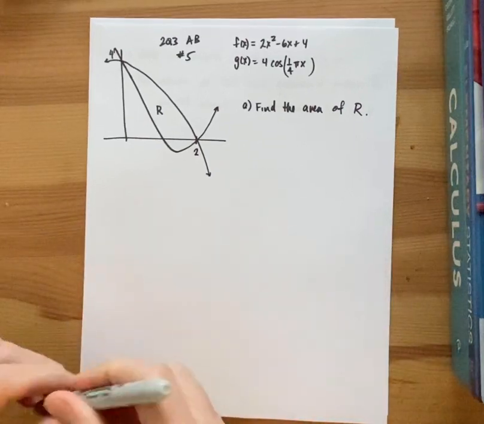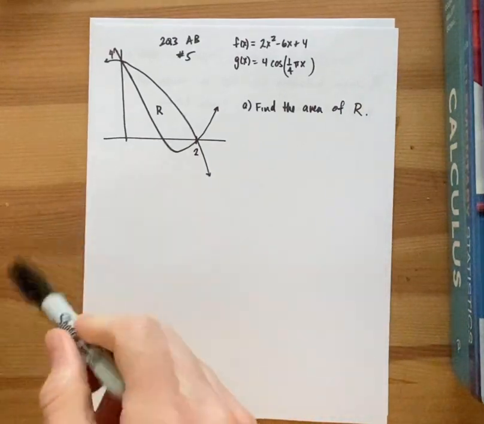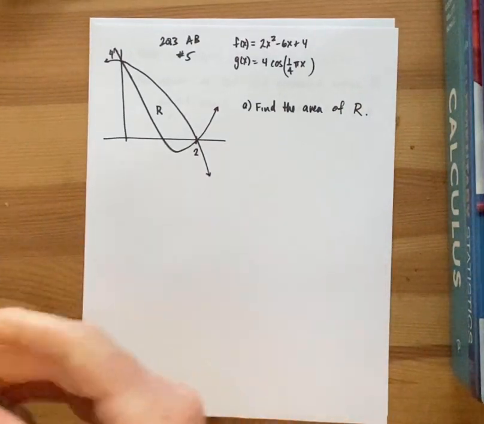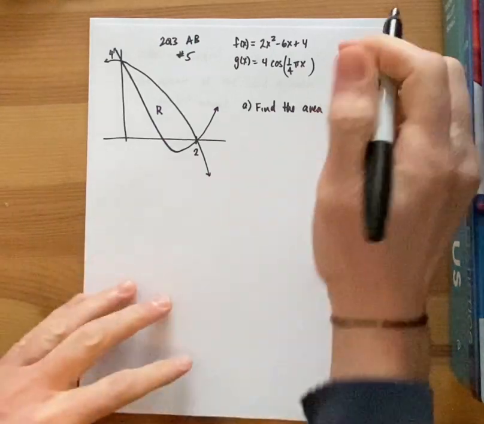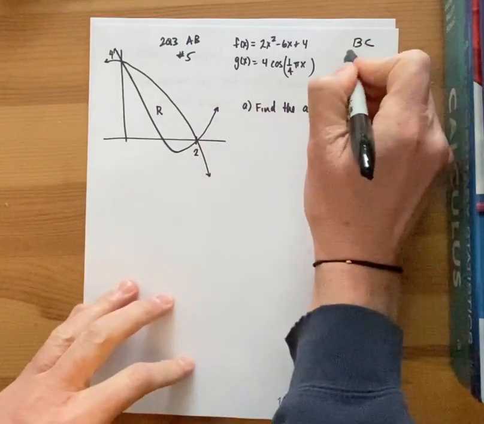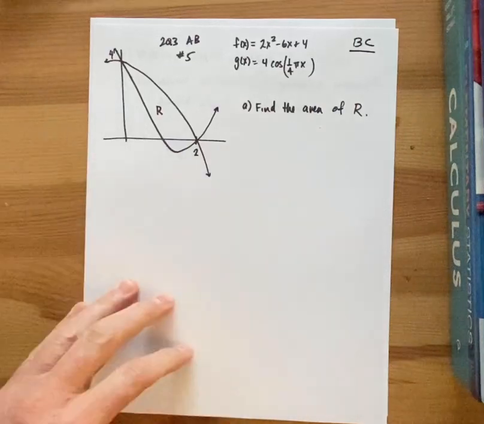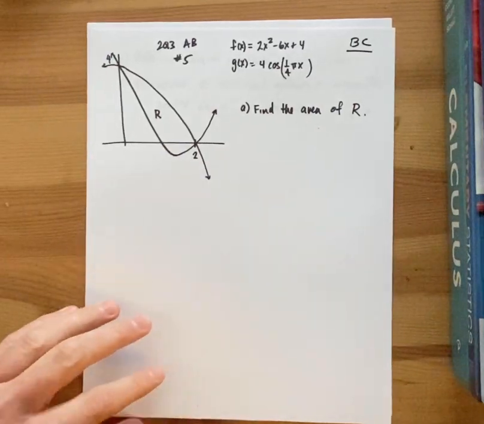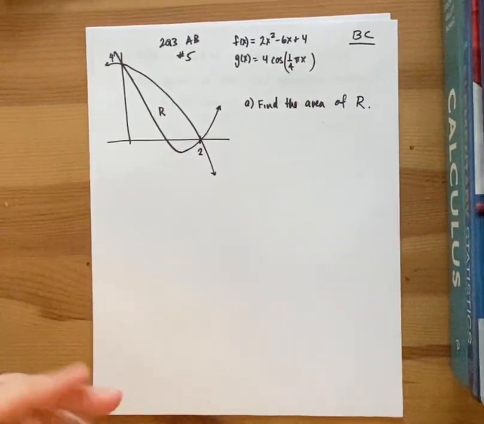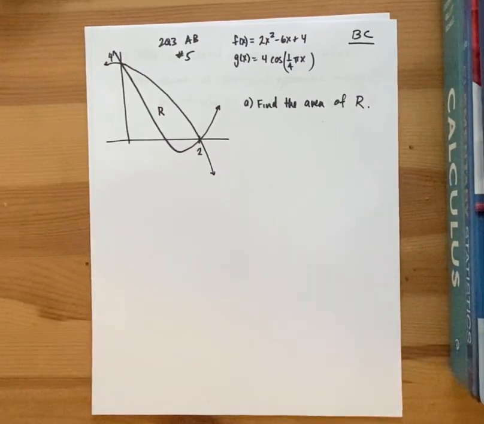All right, here we go. So this is 2013 AB number 5, but this is for BC just because area and volume is not in the AB test, but it's on the BC test. So this is for you guys, BC. Okay,